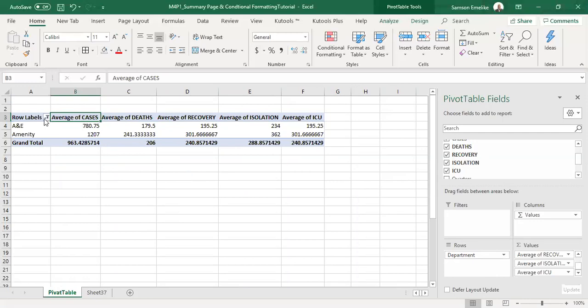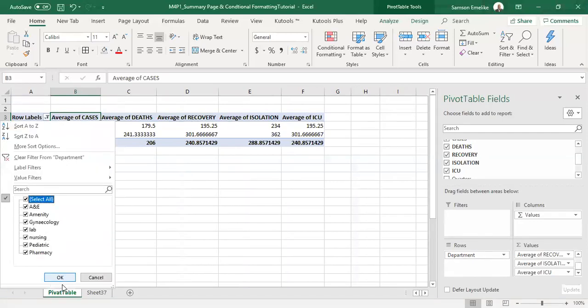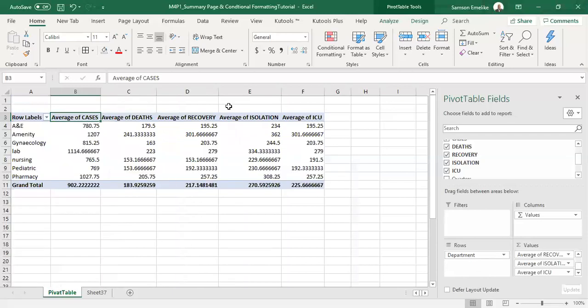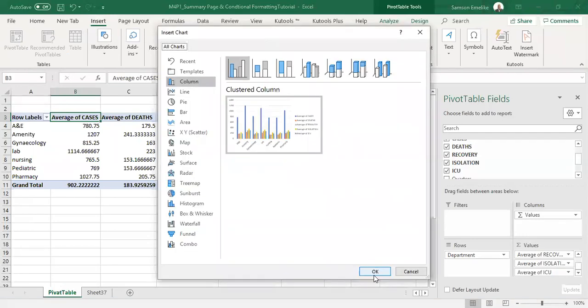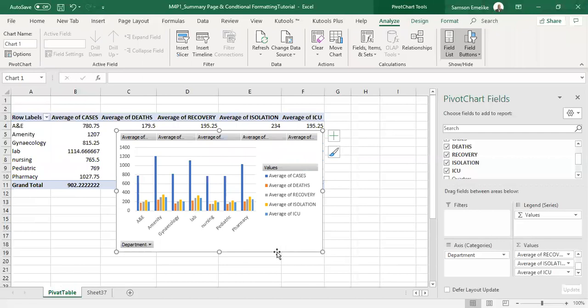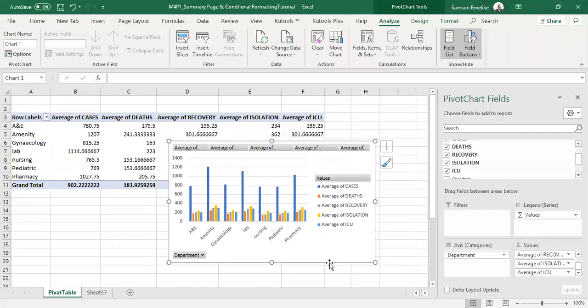So let me say I want to have all of them for different distance. This is average. This is average. Now, another important feature that this helps you with is to insert a pivot chart. This is my pivot chart. Okay, I'm going to use this. If it is clustered,